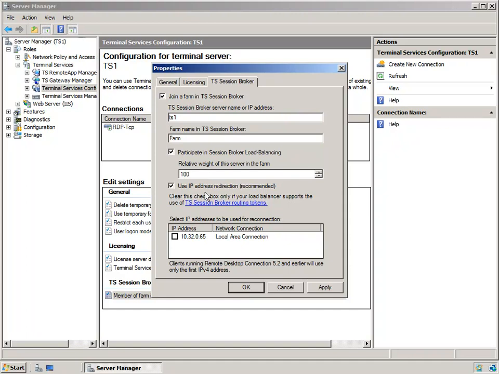Now, would we like to use IP address redirection to enable reconnecting to existing connections? Yes, we most likely will want to do that, because if we don't, potentially we can run into the issue where a user might be disconnected from one of their terminal services sessions, and then when they reconnect, they start a new session, and that can leave all of those open sessions hanging around. So we're going to check this box, or leave it checked, and have users be able to reconnect to their